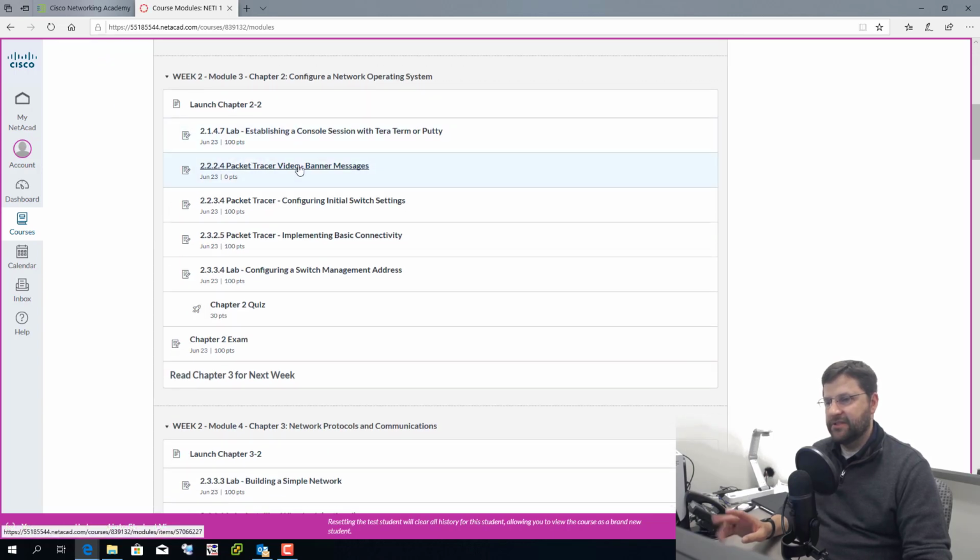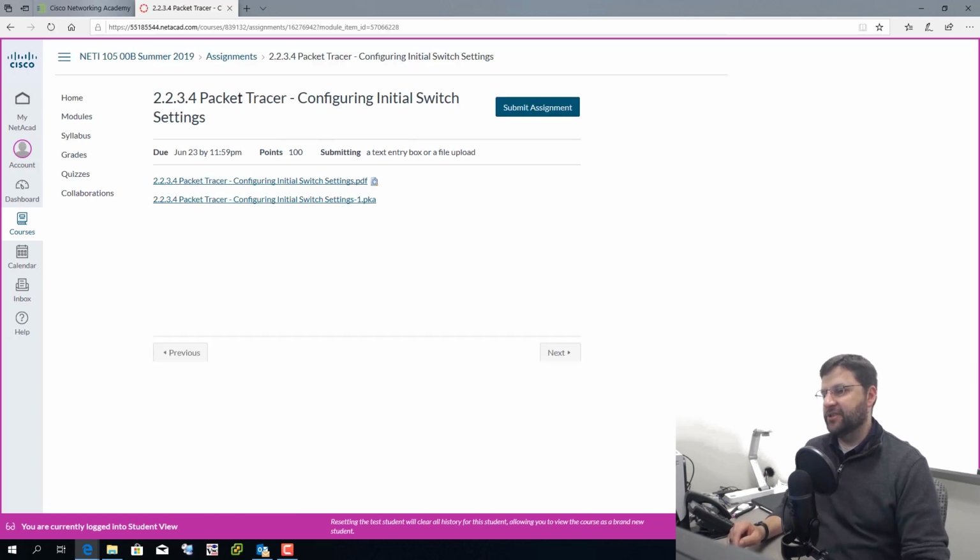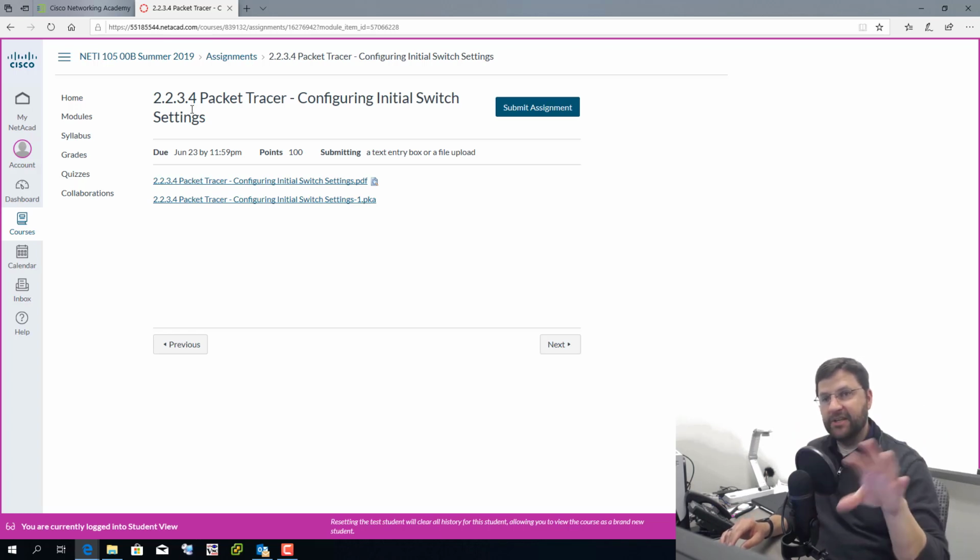and come back here. This is a different one than I had before, but that's fine. We'll click on this one. So Packet Tracer 2.2.3.4. What does that mean? Well, that's the page where I find this assignment. So this is in chapter 2 and then section 2, 3, 4, right? If I were navigating in the material where I had that navigation page, I could jump to any page. I would find 2, 2, 3, 4. This is where I would find this particular assignment.